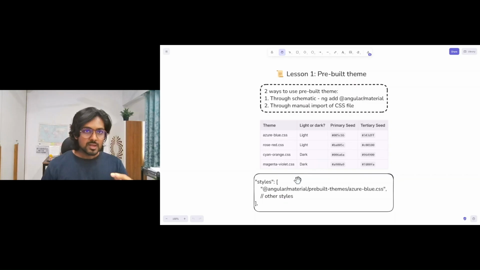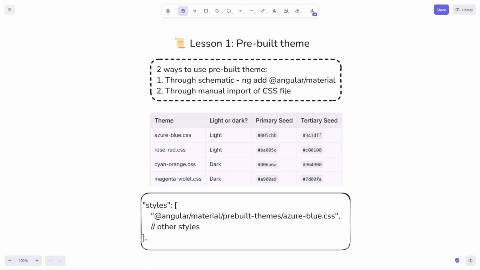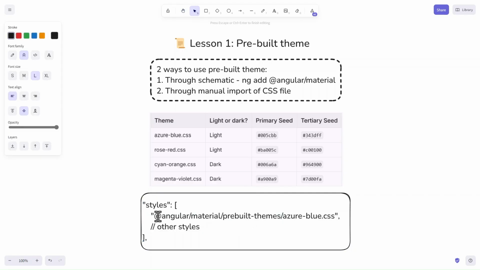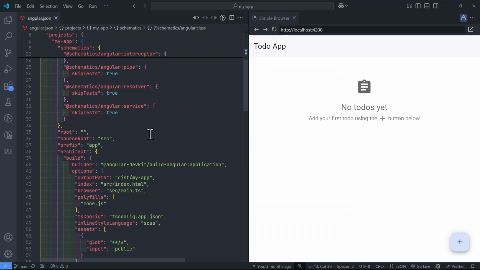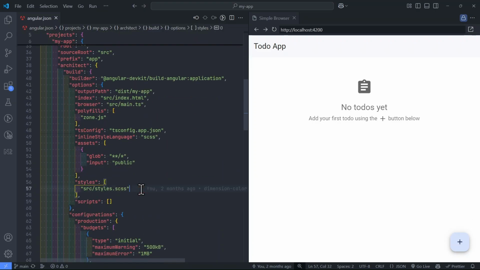Another way is through manual import. We can type down the path to the pre-built theme in our angular.json styles array, for example, and it will showcase the pre-built theme. Let's try to use this Azure Blue pre-built theme in our application. So I will copy this path and I will go to my VS Code where I have angular.json already open, and I will paste that path